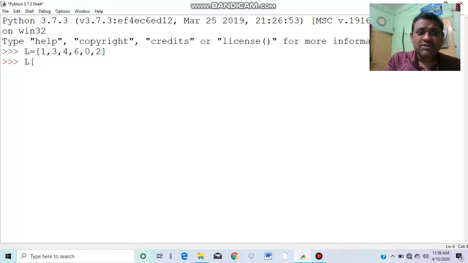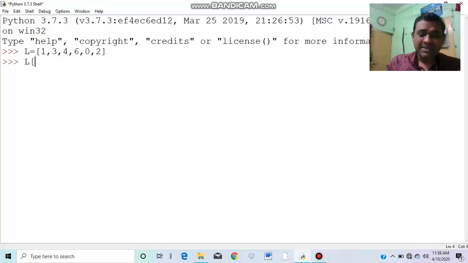I have already told you that whatever the sequence may be, to extract the elements we have to use bracket. So slicing is nothing but extraction. We are extracting elements with certain conditions. So in slicing, we have to define start, stop, and step.